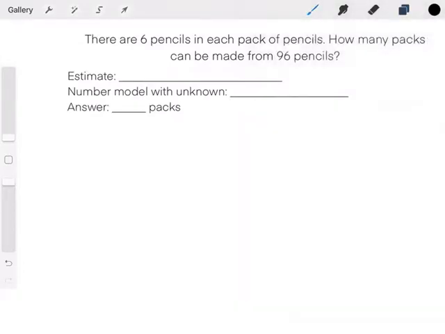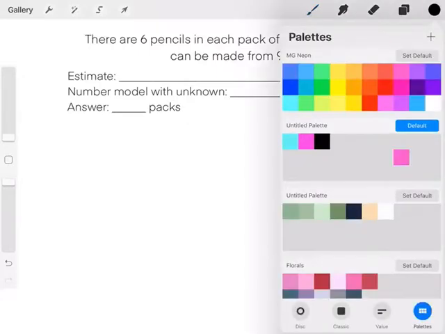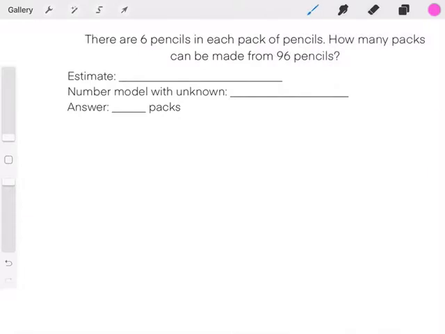Okay, so there are 6 pencils in each pack of pencils. How many packs can be made from 96 pencils? So we want to figure out how many packs we need to have 96 pencils as our total. So let's talk about what we know. We know that we have 6 pencils in each pack, and we're trying to figure out how many packs we need